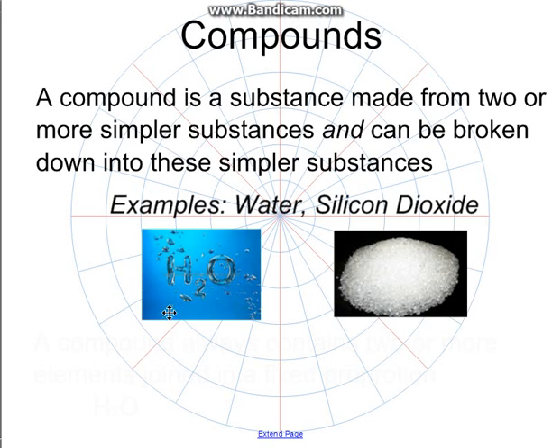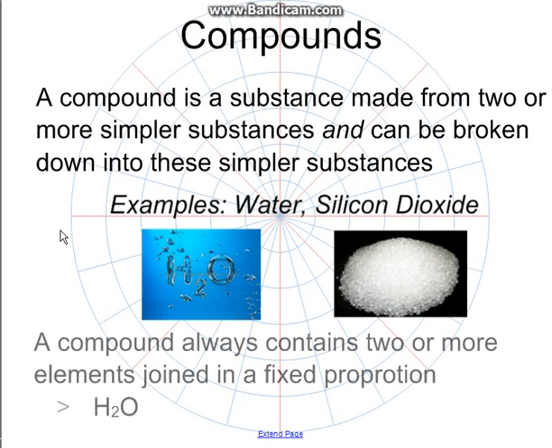So you know that the chemical symbol for water is H2O. What that means is there are always 2 hydrogens for 1 oxygen, but if we put enough energy into water, we can actually break this up into just hydrogen and just oxygen. We can separate them, which is what makes this a compound.